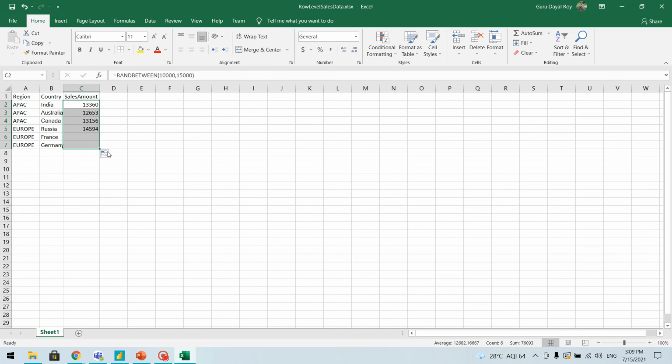So in row level security, what I want is to assign some users to the APAC region and some users to the Europe region, and make sure that the users who have access to APAC are able to see the data only for APAC, and the users who have access to Europe are able to see the data only for Europe.